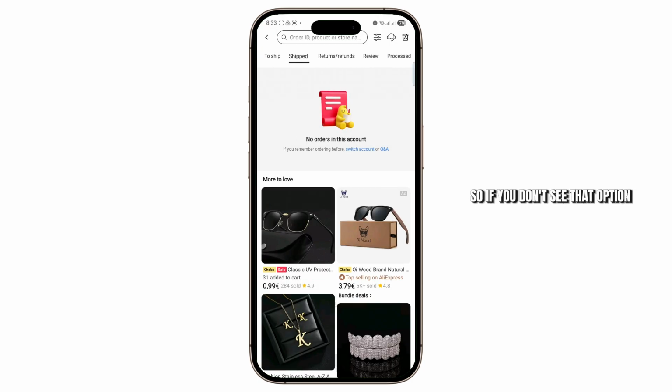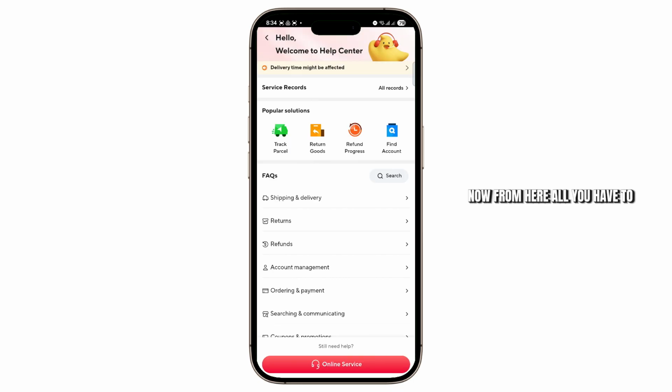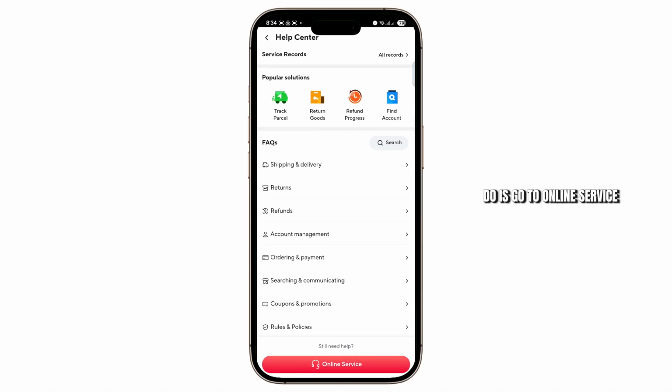If you don't see that option, you're going to have to contact their support team. So tap on the little headphone icon at the top, and it will take you directly to the Help Center. Just wait for a bit for the Help Center to load up, and you can directly contact their representative about your problem. Now from here, all you have to do is go to Online Service,